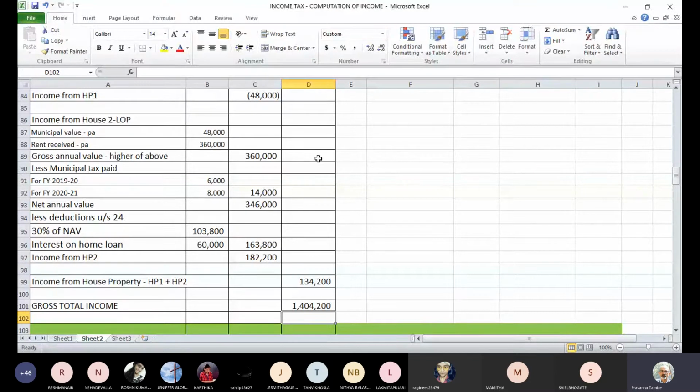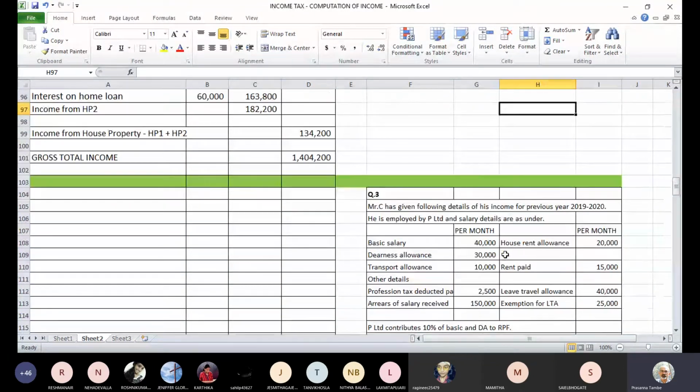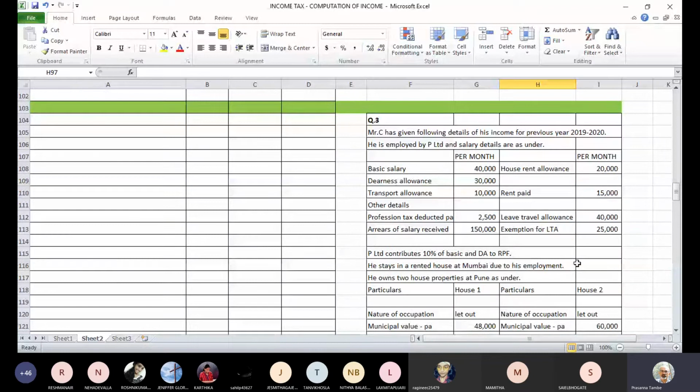Shall we start with the discussion on the next sum, the third question? If all of you have completed? Okay, so now we have the third question. This was circulated yesterday in a PDF. So let us find out what it is all about.